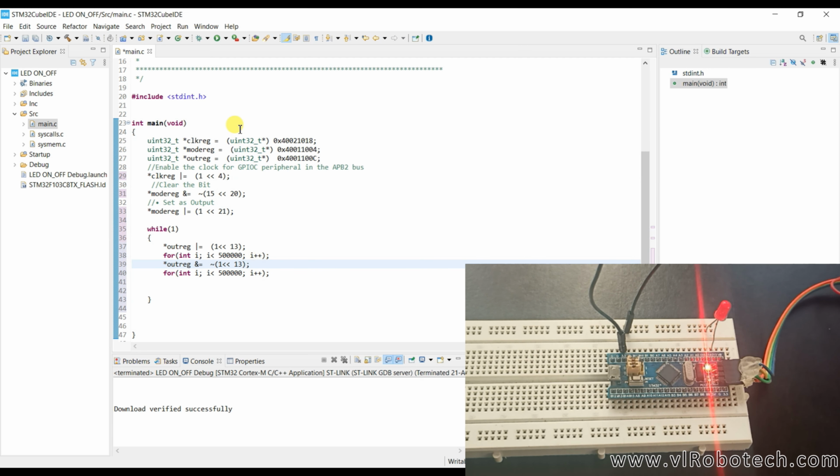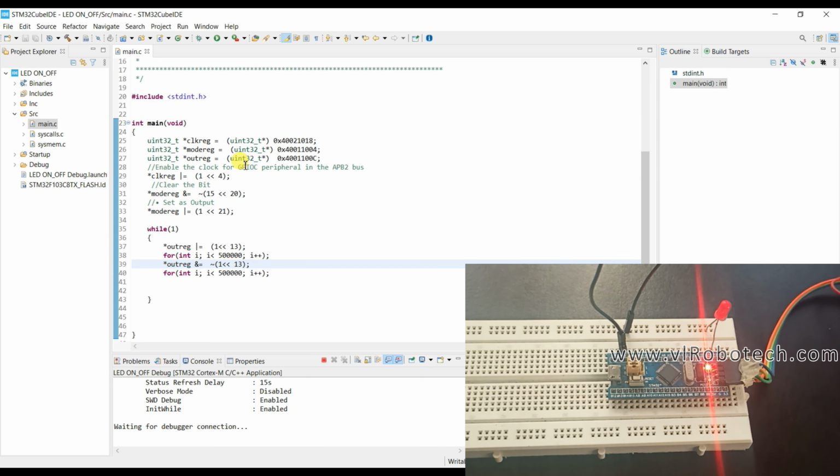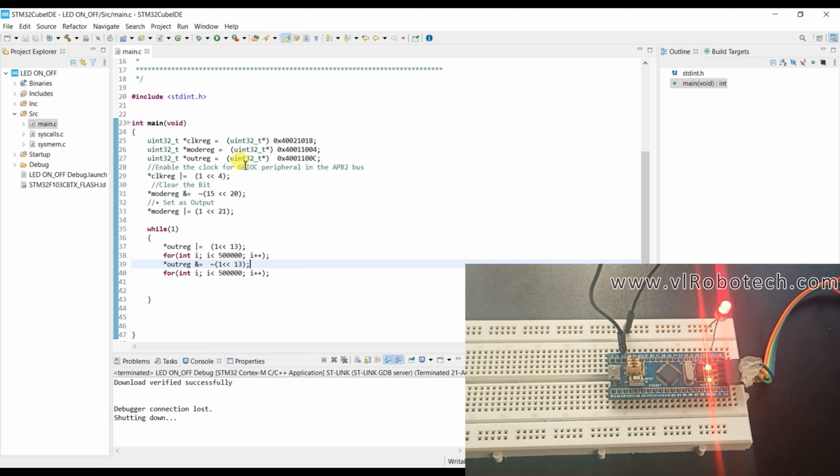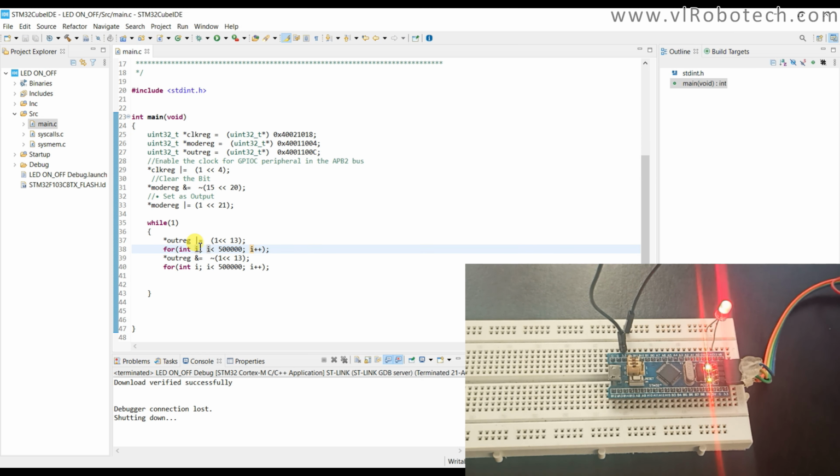Okay, now I will compile and upload this code. So press on run button. Where is problem? Okay, here I equal to 0.